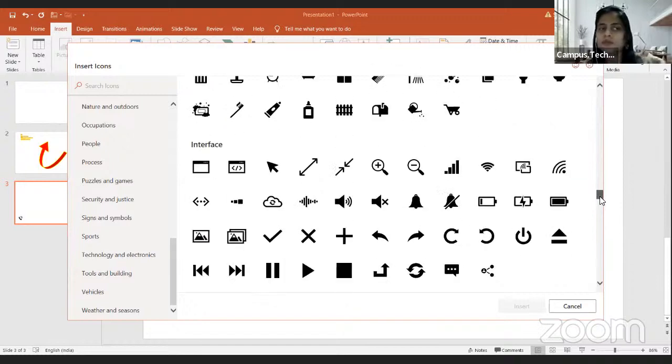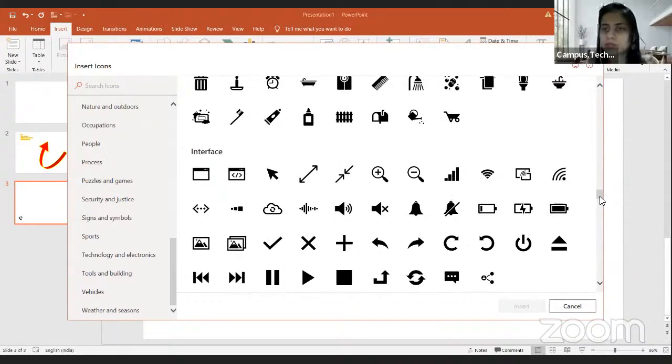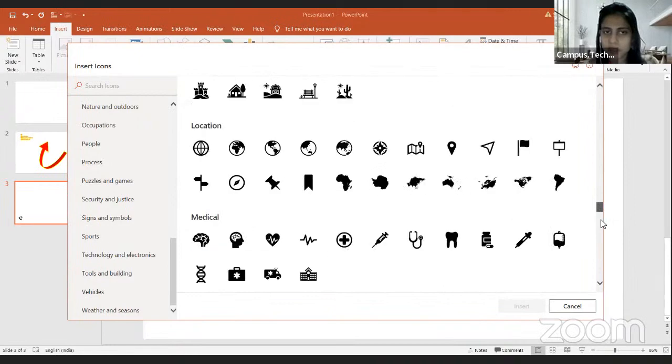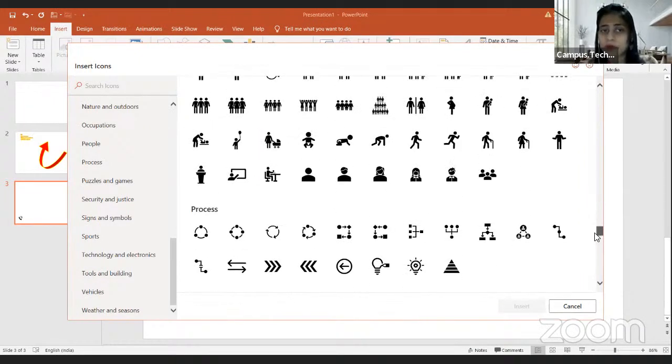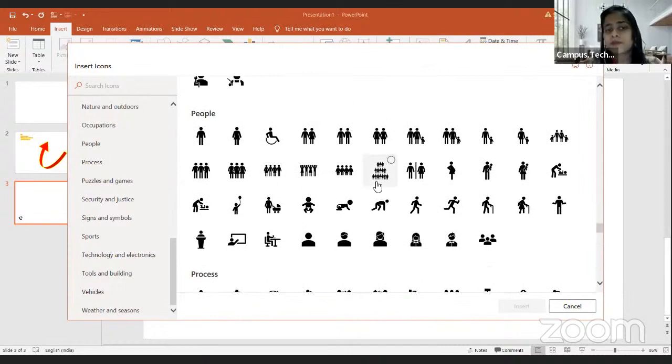So here, if you do not know which category a particular item belongs to, you can just scroll down and check for the specific icons you are looking for. Let's say you were not aware where you are going to find a boy and a girl picture. You can just scroll down and you can see, okay, under people you have options like this,